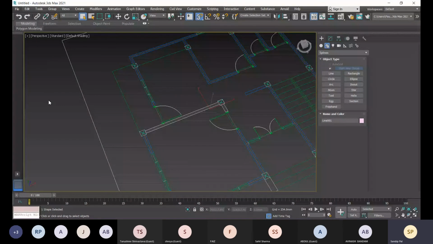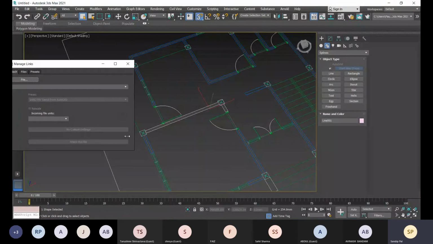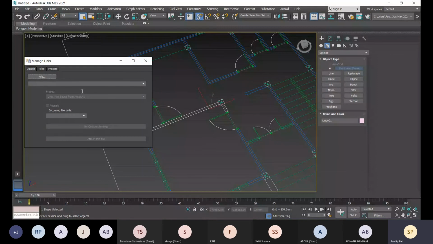Okay, now after this the file is already there, and if I need to reattach a new file, I'll go with this attach, and this file I'll choose it. So this file is right now attached there. Okay, so now what I'll do, I can detach this. After creating this I can detach. All right,